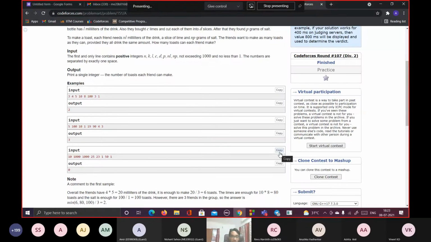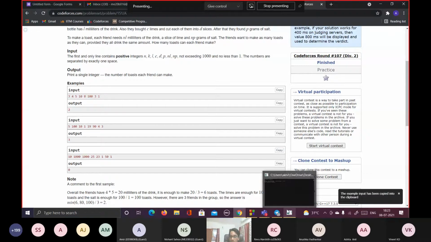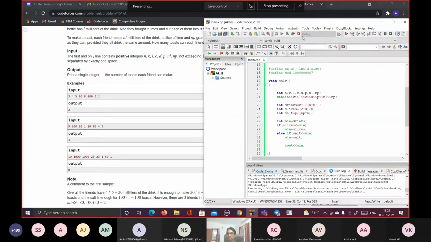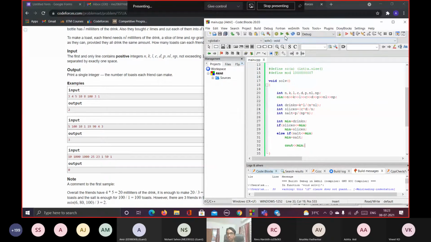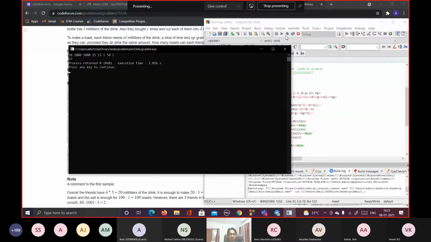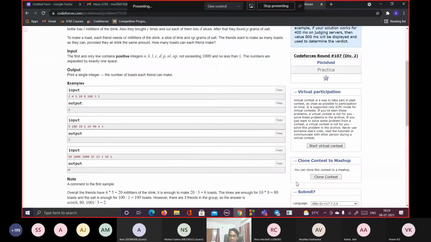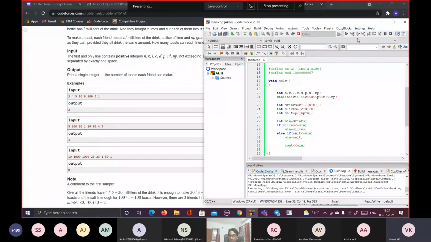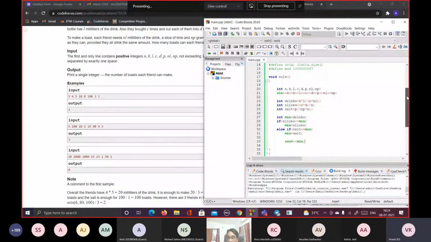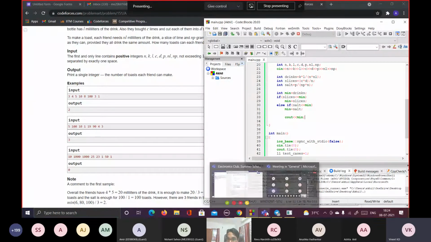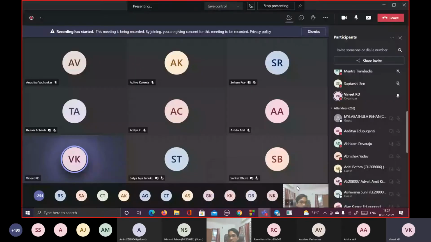One of the test cases is given 0, so we'll check that as well quickly. Okay, here now we're getting a different answer, it seems. 57. So I think we made an error somewhere. Could you guys spot the error here? You can raise your hand if you get the error.